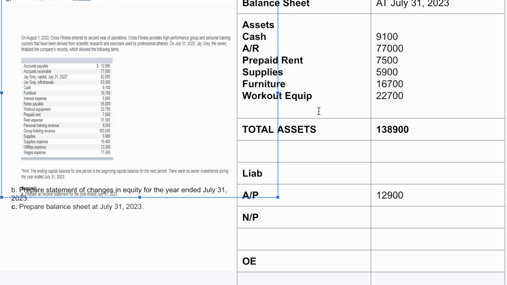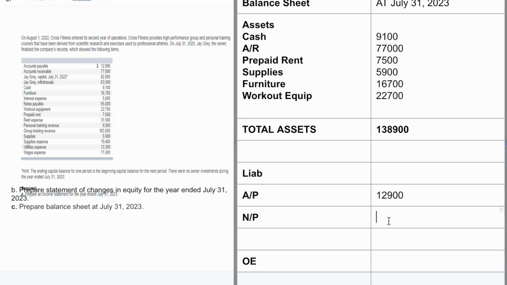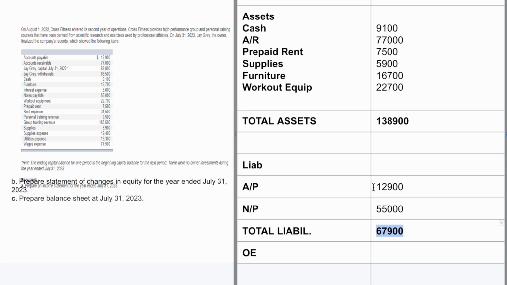Notes payable is $55,000. Okay, so that's liability, and then if I look, I think that's the total. That's all the liabilities. So total liabilities is two of those added together, which is $67,900. So our total liability is $67,900. And if we look at owner's equity next,